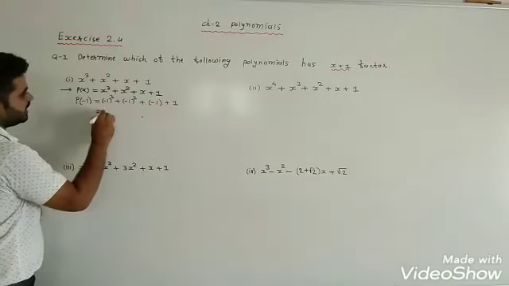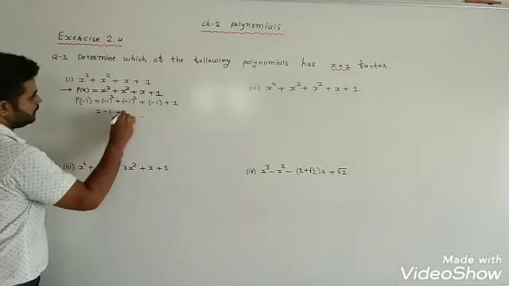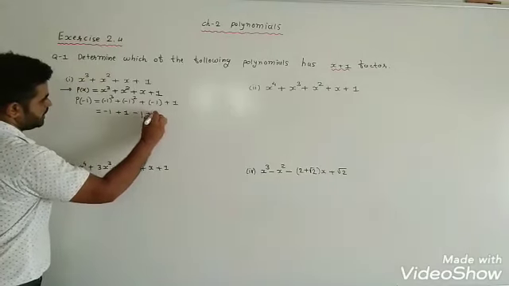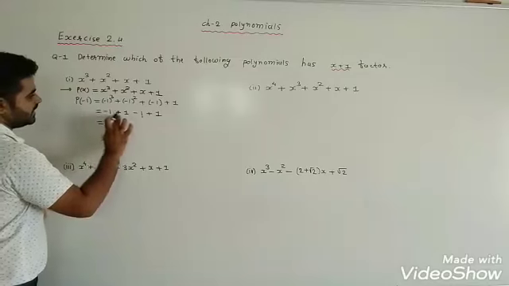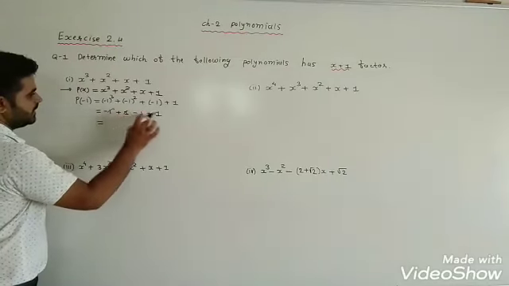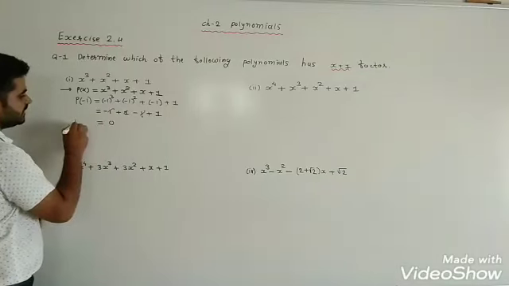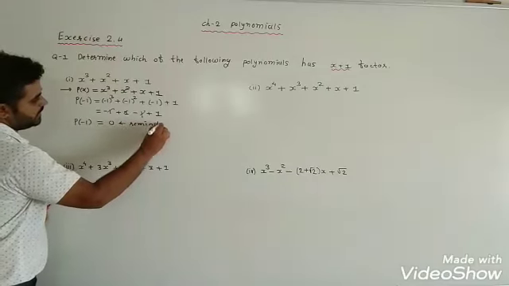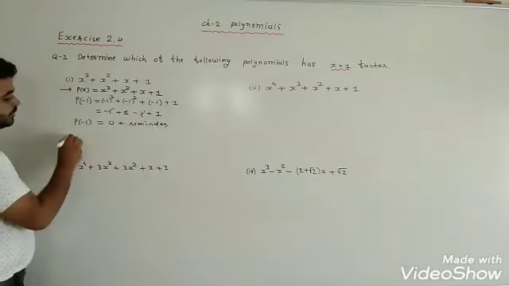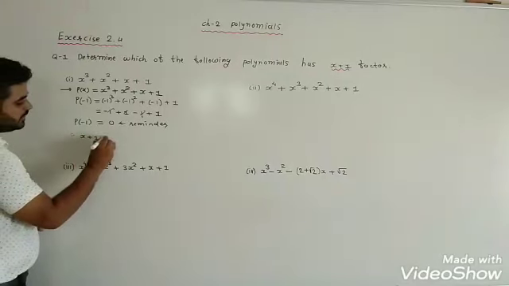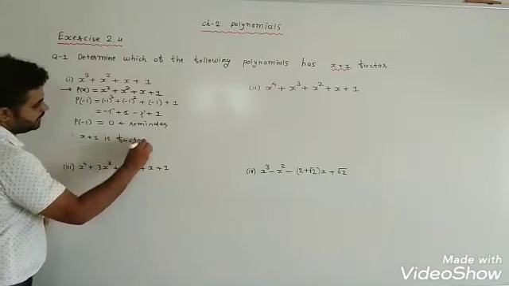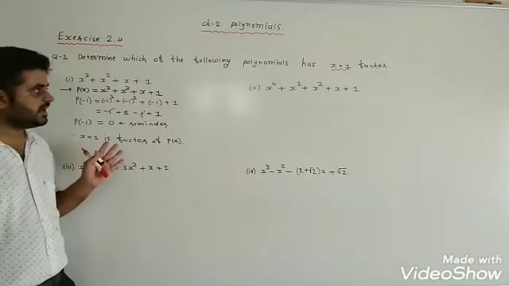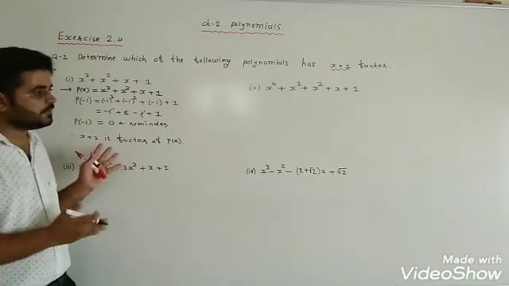Now minus 1 cube is minus 1, minus 1 square is plus 1, and here is plus 1. So the remaining answer: minus 1 plus 1 cancels and minus 1 plus 1 cancels, so the answer is 0. So the remainder is 0, and we can write that x plus 1 is a factor of p of x. We can decide this by doing the actual division to find whether x plus 1